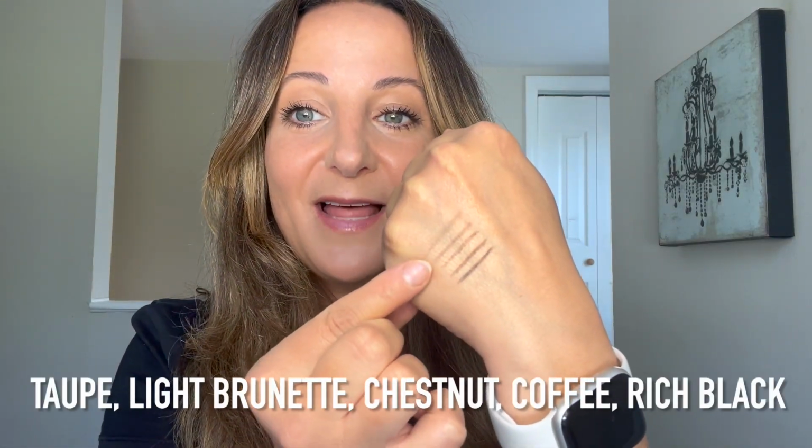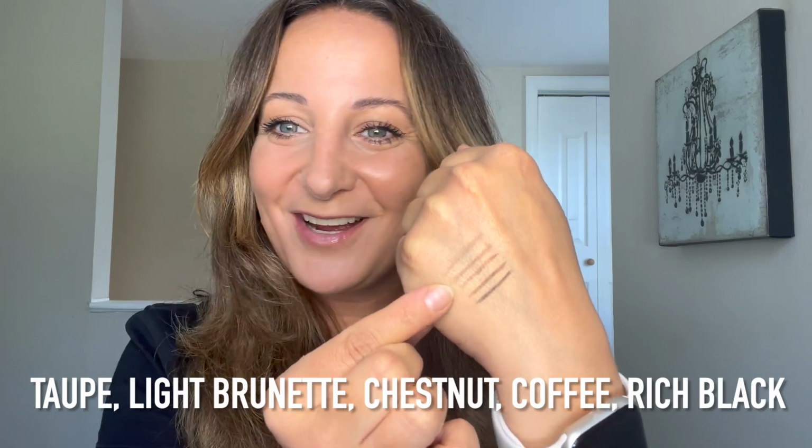Hey guys, I'm so excited about these new MINERALIST Micro Defining Brow Pencils. There's 5 shades. The new shades are taupe, light brunette, chestnut, coffee, and rich black. It's also in a custom teardrop, so it's smaller like a teardrop at the top and wider at the base so you can create a fuller